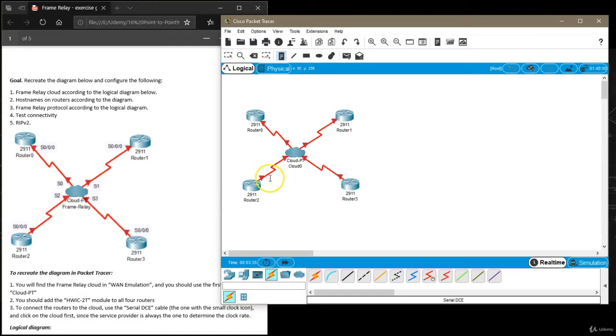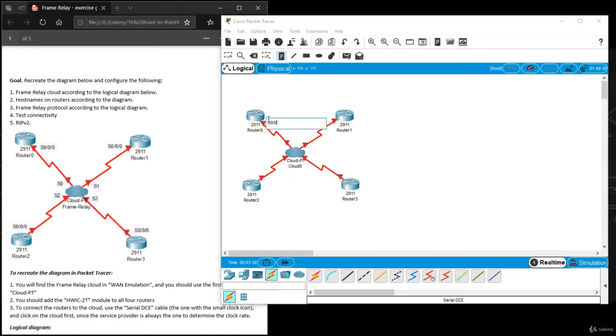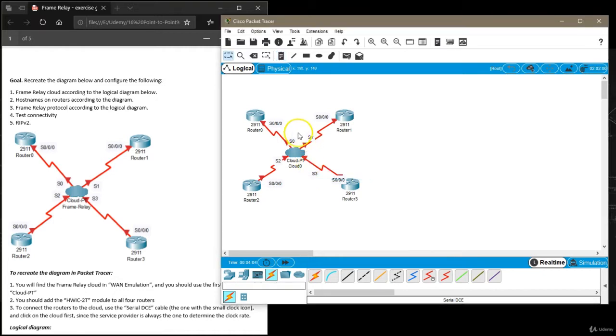I'm going to also add labels to make things easier for us. Now that we're done with this,